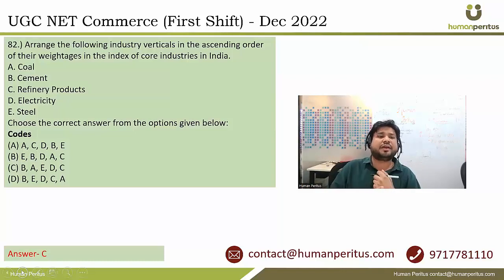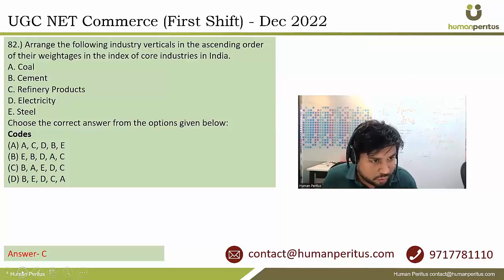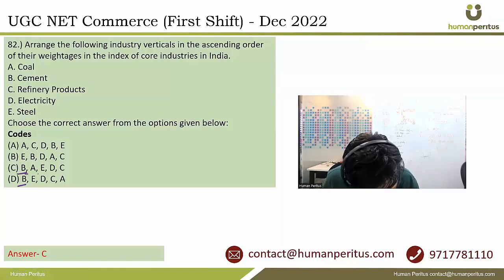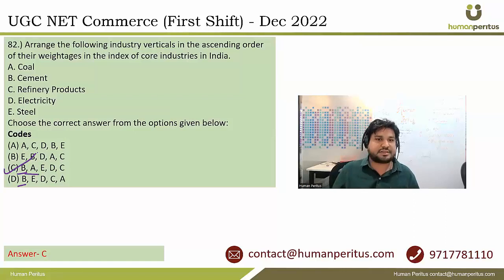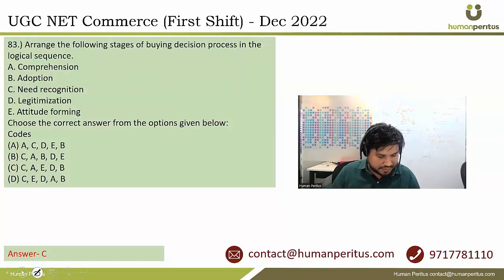तो इसमें जो ऑर्डर है वो होता है रिफाइनरी प्रोडक्ट्स का सबसे पहले, फिर इलेक्ट्रिसिटी, फिर आपका स्टील हो गया, फिर कोल हो गया, फिर सीमेंट हो गया। ये मैंने आपको डिस्क्रीजिंग ऑर्डर में बता दिया। तो अगर आप इंक्रीजिंग ऑर्डर में करेंगे तो बी से शुरू होगा, बी के बाद सीधे कोल पे जाएगा, तो सी सीधे में पता चल रहा है, और ऑप्शन सी इसका सही आंसर हो जाएगा।